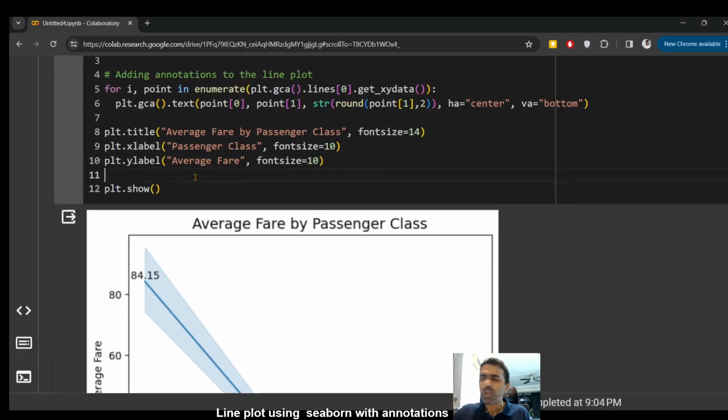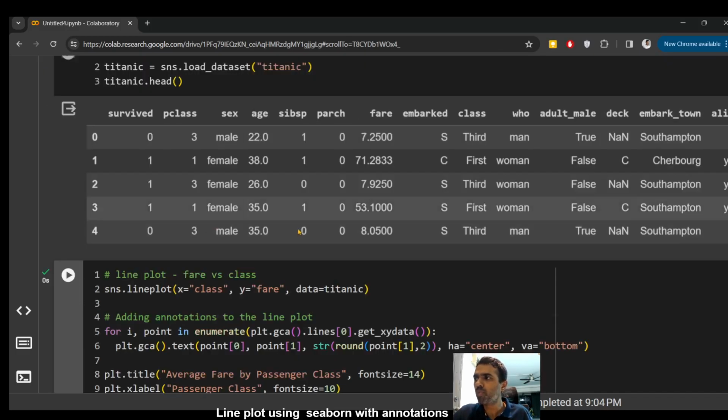Now, there are a lot of other things you can do to make this better, like change the color of the line, add a grid, change the limits on the y-axis, for example, because now you don't have a limit on the top. You can define those. You can change the type of line to make it a dotted line, to make it a line with a different character like X or O, things like this. We'll see all of that in the next video, but just to summarize what we did,